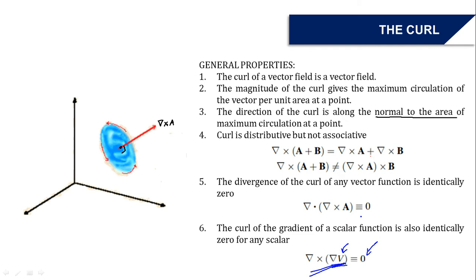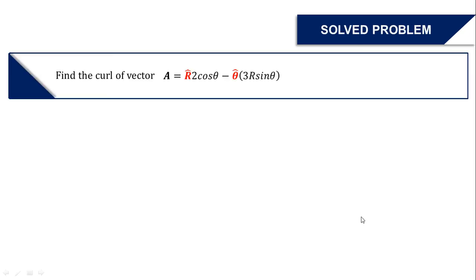So, siguro let's try to solve examples of the curl. Okay? First example, or siguro isa lang 'to. Find the curl of vector A is equal to r hat 2 cosine theta minus theta hat 3r sine theta. So, unang tingin pa lang, alam natin na nasa spherical coordinates tayo. So, we will apply the curl in spherical coordinates using 'yung formula na nandun kanina sa slide number 5 yata 'yan. So, sulat natin kahit na mahaba. So, 'yung ating del cross A,